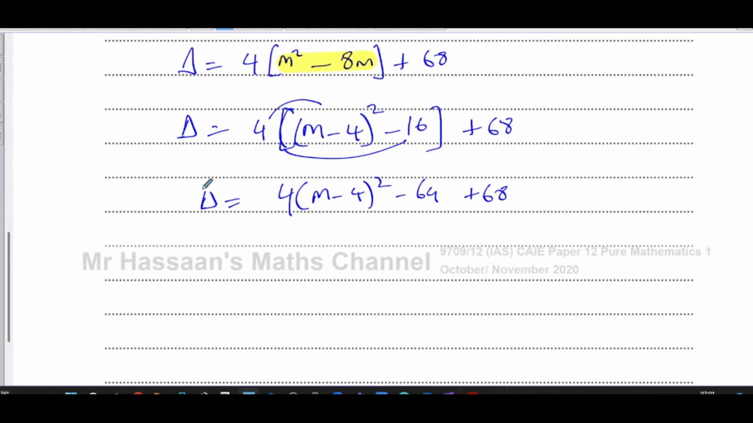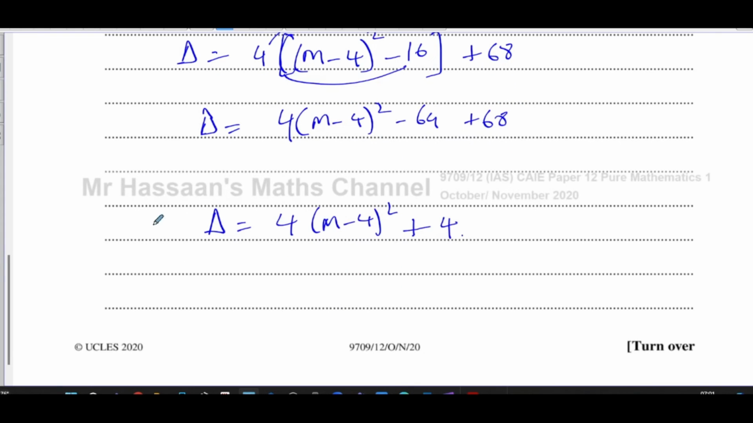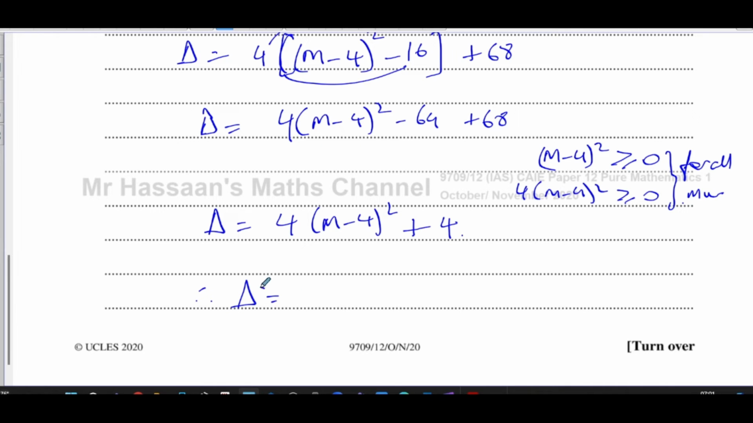So what we'll end up with here now is the discriminant is equal to 4 times (m minus 4) squared plus 4. Now I know that m minus 4 squared must always be greater than or equal to 0. And 4 times (m minus 4) squared must also be greater than or equal to 0, for all m values. So therefore we can say the discriminant is going to be greater than or equal to 4. The discriminant therefore is going to be greater than 4. Therefore always